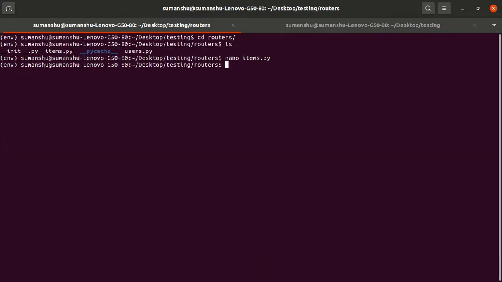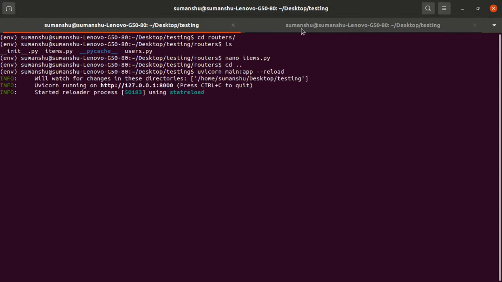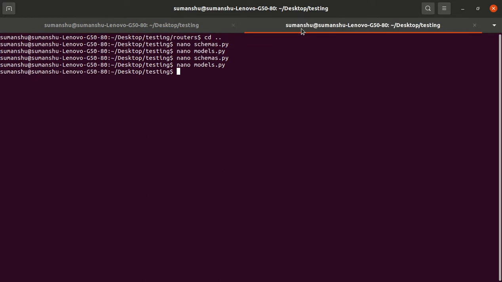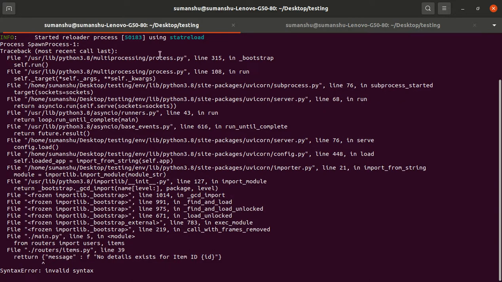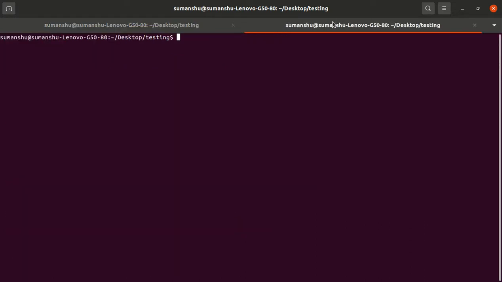So let me start the server: uvicorn main:app --reload. Okay, something is wrong. The spelling of return is wrong, so let me correct that.